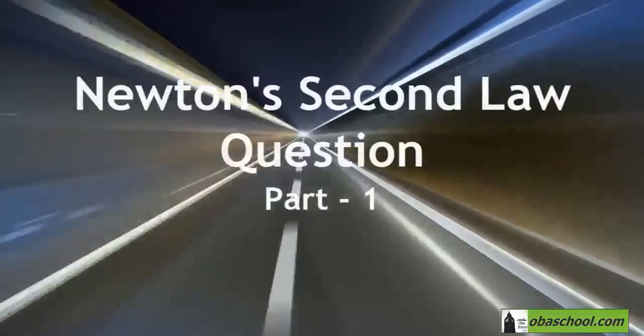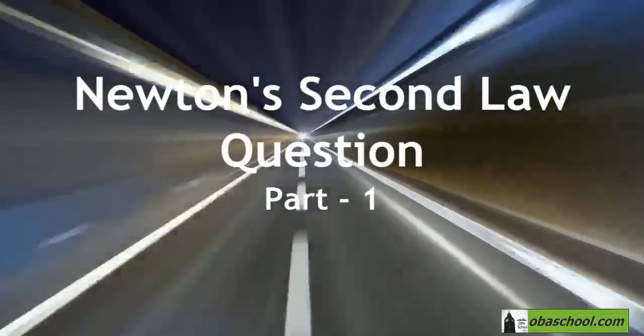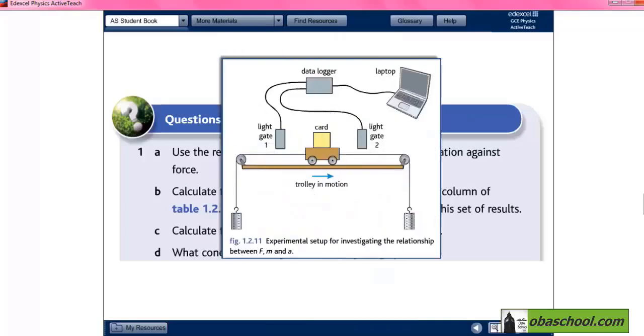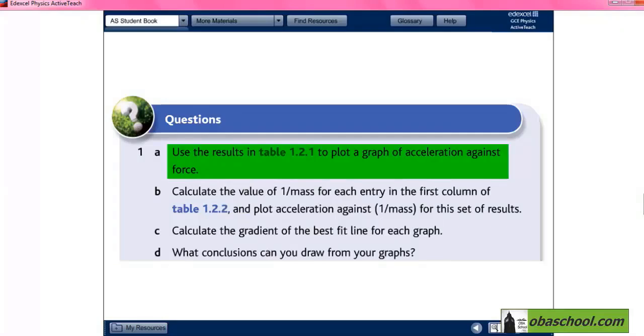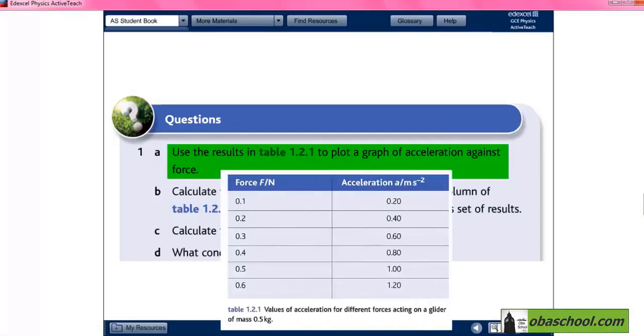Newton's second law question part 1. This question is related to an experiment that we previously talked about. The first part of the question is, use the results in table 1.2.1 to plot a graph of acceleration against